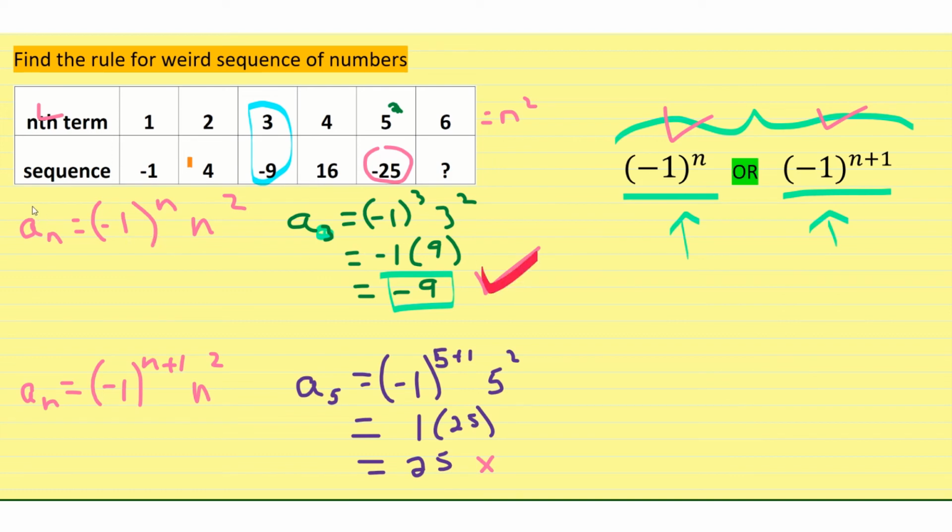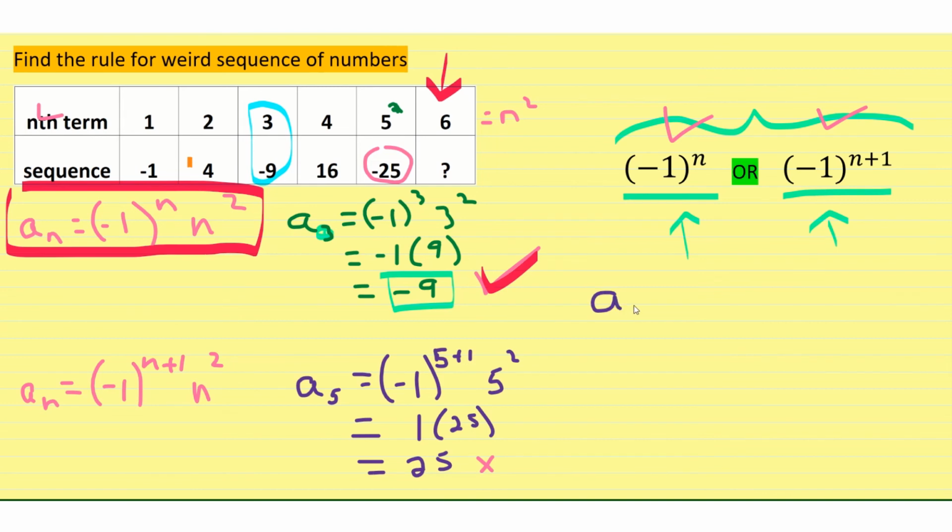So this would also be our general equation that we could use to find all these things. Well, they still want us to find the sixth term, so let's go ahead and do that. Let's go ahead and do A sub 6, which means let's find the sixth term, and that's equal to -1 raised to that 6th power, and then that's times 6 squared, and that's going to be equal to